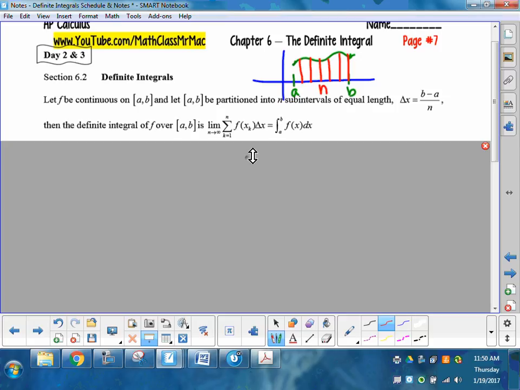Like 5, 10, 15. By the way, what happens to the approximation of the area under the curve as n gets bigger? Gets more accurate. Looking at that, they're all of equal length. That's another thing that you have to know. We make them of equal length. Now,